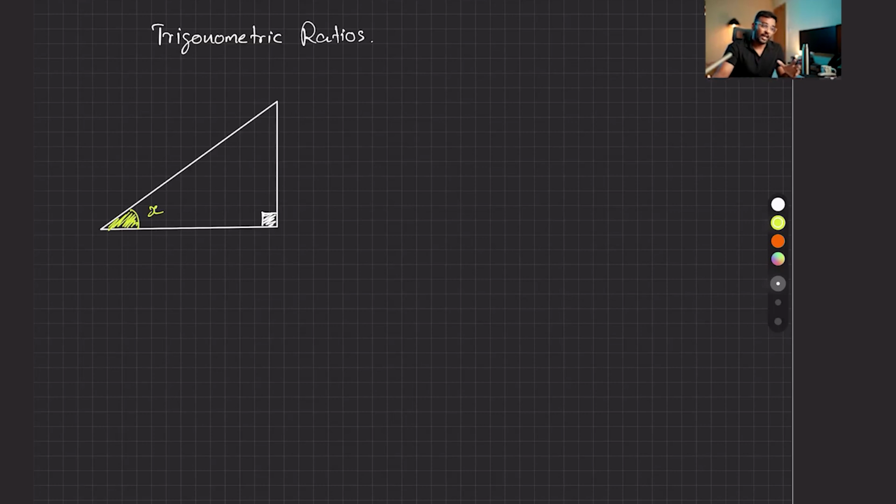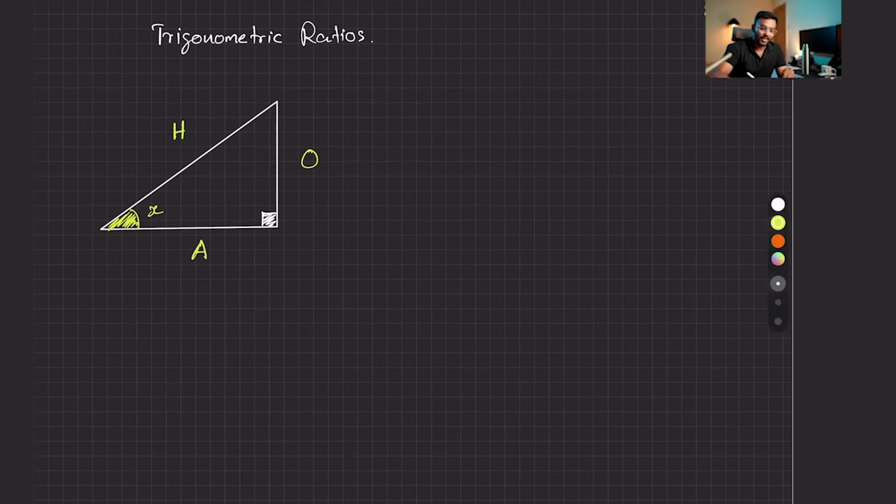Now, according to this angle, we're going to give the sides a particular name. Do you see this longest side here? The longest side will remain as hypotenuse. The name for it will remain the same. So I'm going to write H for now. And the side which is opposite to that angle would be the opposite side. So this is the O, which is the opposite side. And the shorter side, which is right next to that angle, is what we call the adjacent side. So you have to remember how to name it.